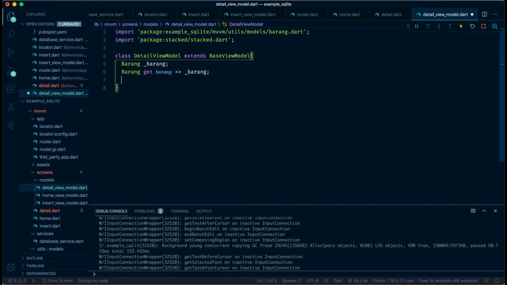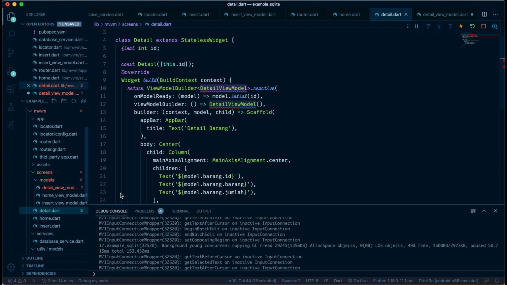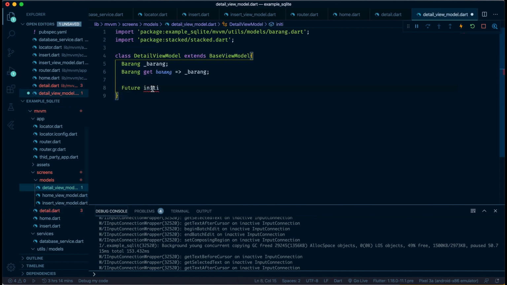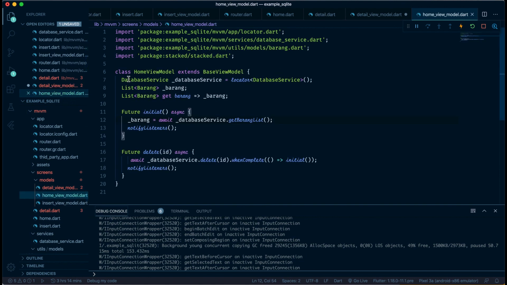So we'll create a method to call the database for detail. Just use future and initial ID, initial data. We'll go back to this initial. This has an ID, something like this, asynchronous, and this will return barang. And again we import this database service from locator.